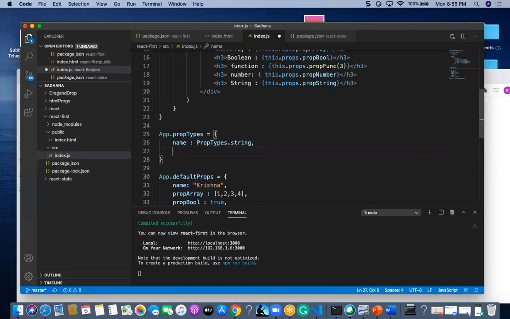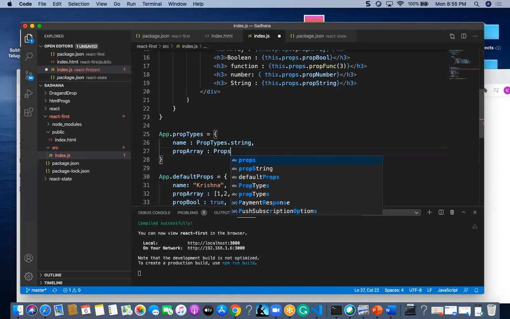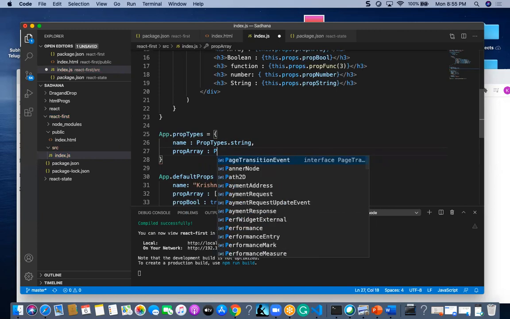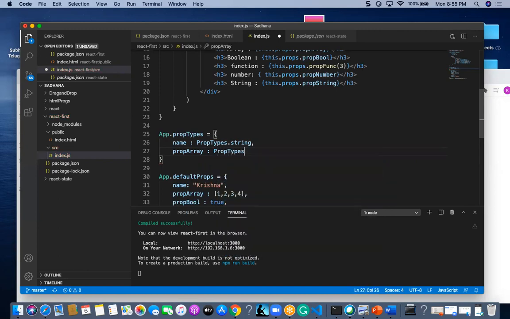Okay, and here the remaining is like this actually, propArray, and it is PropTypes.array.isRequired.